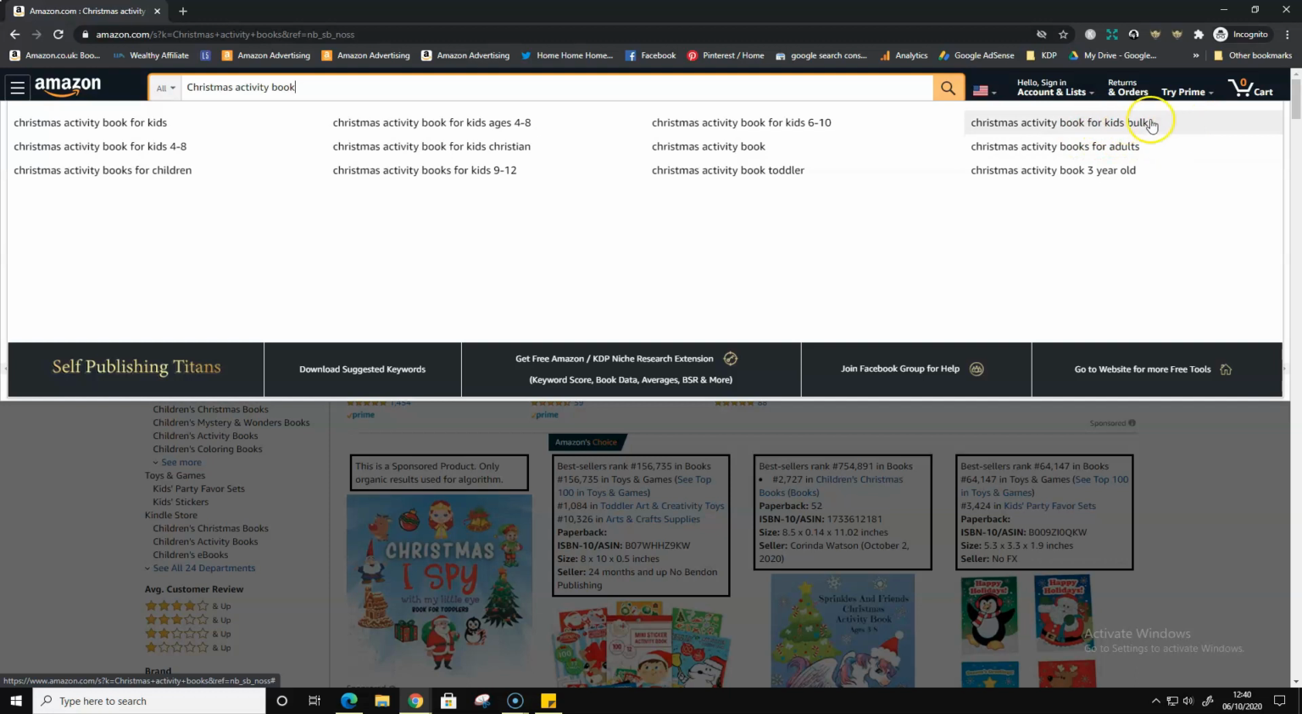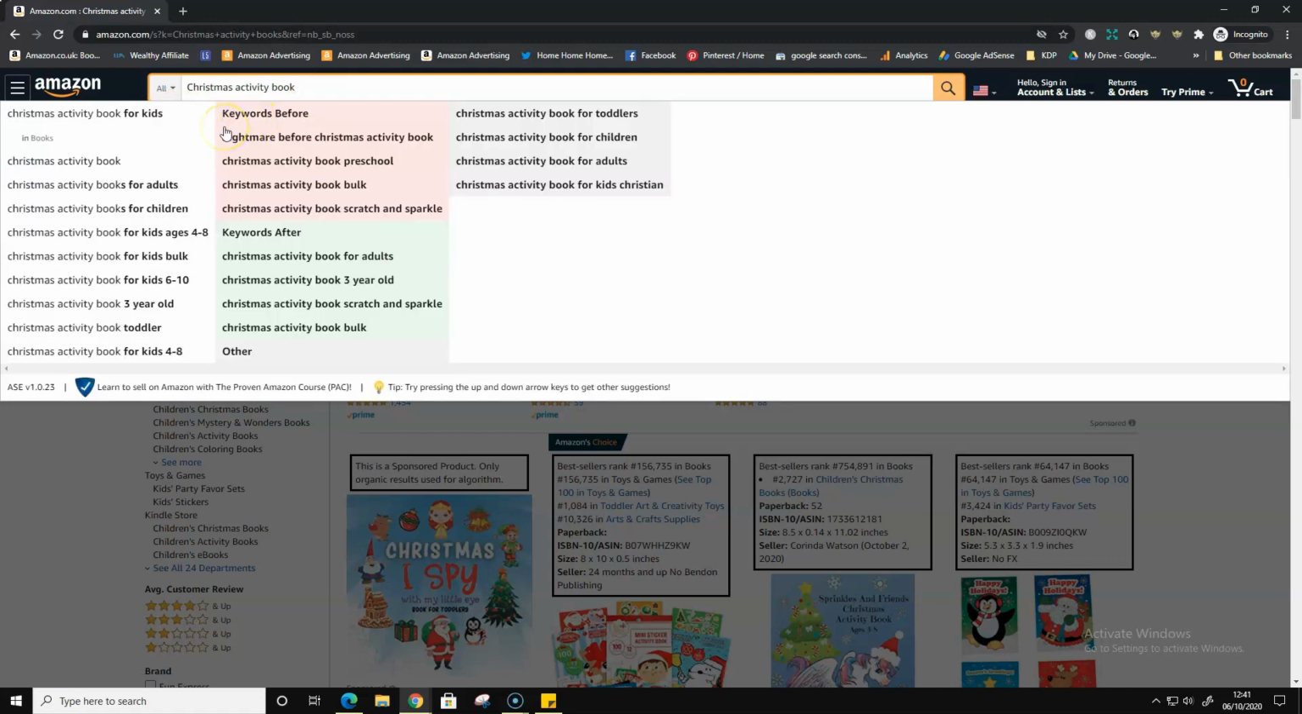That wouldn't really apply to us because we don't sell in bulk. That means people are buying 10 or 20. But you can use Christmas activity books for adults, Christmas activity book for 3-year-old. And then activity book is quite broad, so maybe we can niche it down into puzzle books or coloring books. So let's try that. Let's try